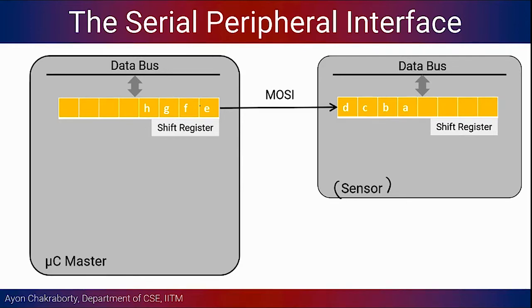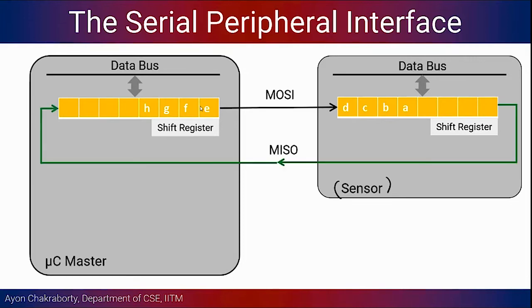Okay, and we can also do it the other way around, which is like this. If the shift happens from the sensor side, that is, if you have all the data on the sensor side, and then we start doing a right shift here, it is going to come out from the master in slave out interface here. Okay, and it is going to be populated in the shift register in the microcontroller master. So this is how the sensor can send the data, and the data can be populated inside the register of the microcontroller. Okay, and of course the shift registers have to operate using the same clock.